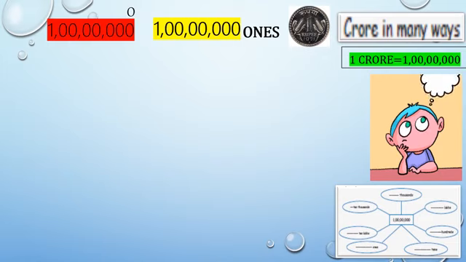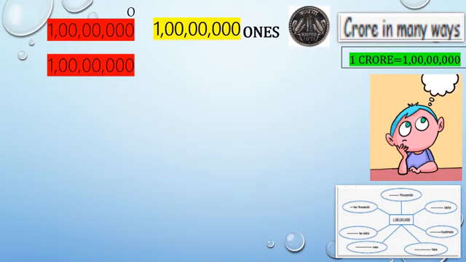So, now take one 10 rupees. Think about how many 1 rupees are there in that 10 rupees. Assume that. So, 10 rupees are there. So, how many 1 rupees are there in that 10 rupees? So, it's easy now, isn't it? Yes. So, 10 1 rupees are there. Only if you keep 10 coins of 1 rupee will you get 10 rupees. Am I right? Yes. Now, it's easy to understand, isn't it?